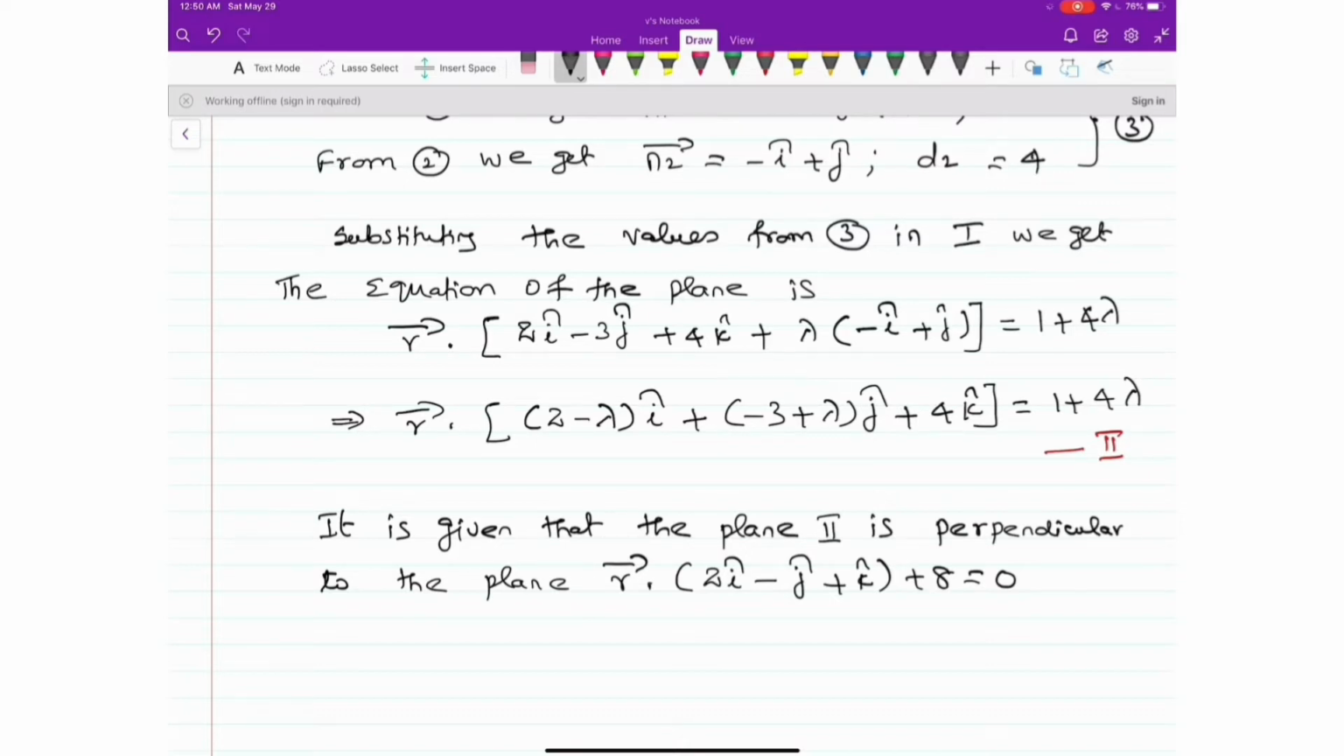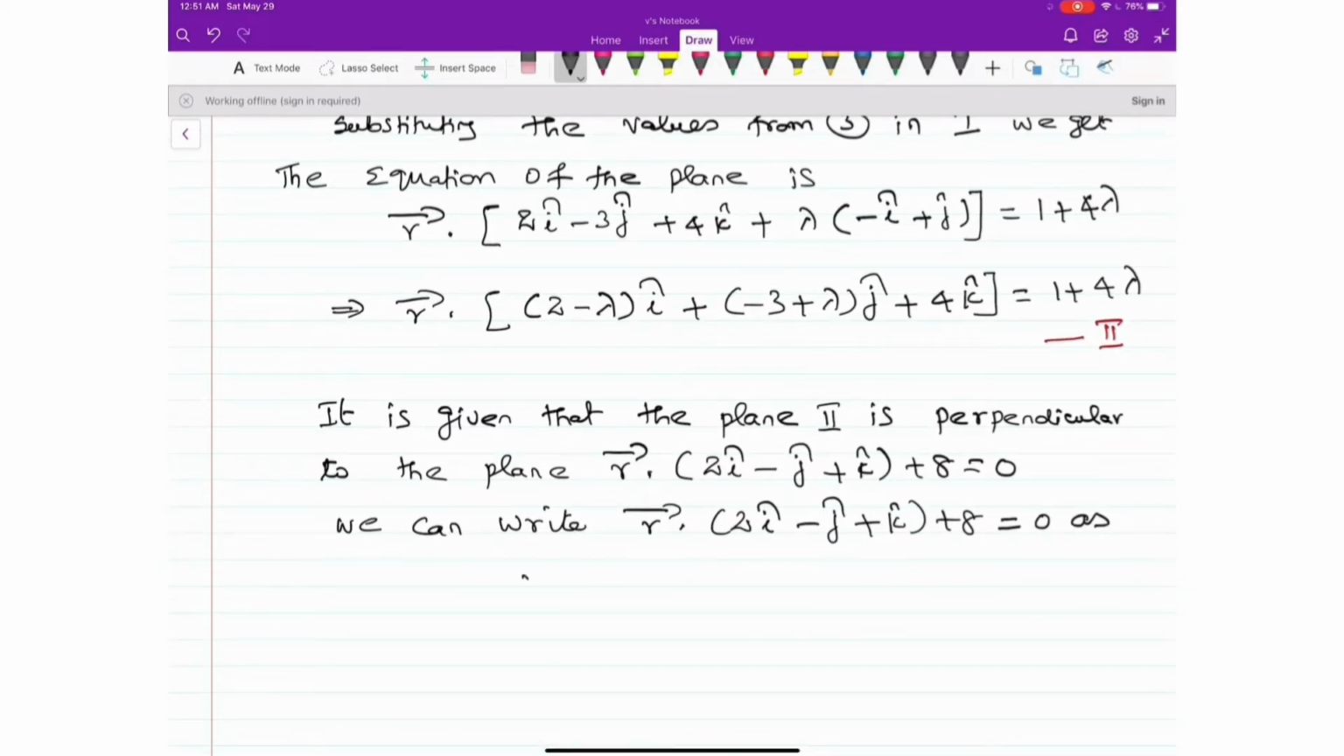So we can write vector r dot (2 i cap minus j cap plus k cap) plus 8 equal to 0 as vector r dot (minus 2 i cap plus j cap minus k cap) is equal to 8. Okay. Now, since